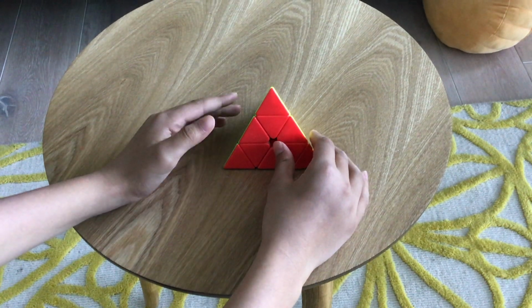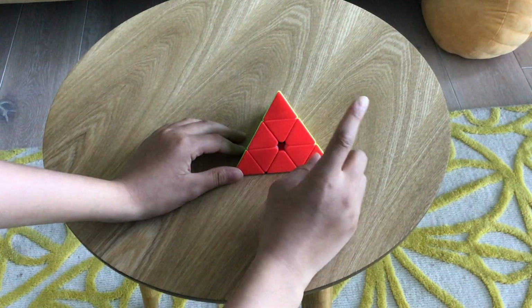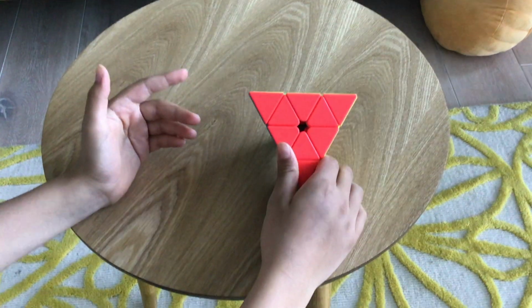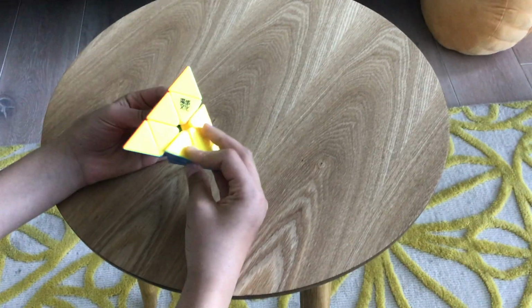So now we're going to learn some notation. In case you don't know how to read notation, please look at the 3x3 tutorial up there. Yeah, let's just get started. So now, once you know notation, it's pretty similar. There's one new thing we might need to learn, it's back. So back